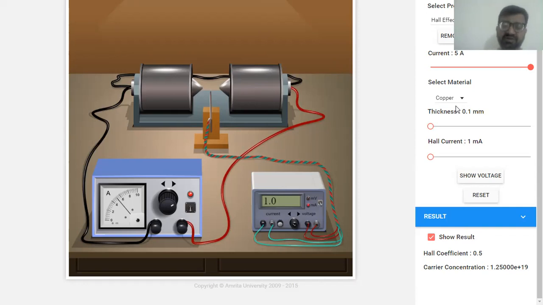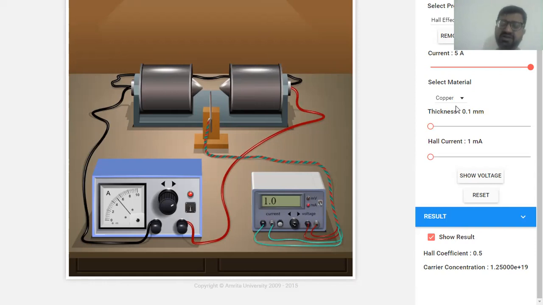You will see there will be different values of the Hall coefficient for gold, and a different value for aluminium, and germanium, which is a semiconductor. Gold, copper, and aluminum are all metals, but they will have different values of the Hall coefficient, which means they will have different conductivity values and different resistivity values.